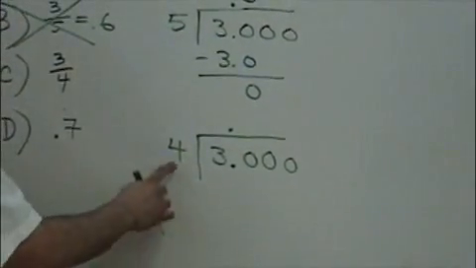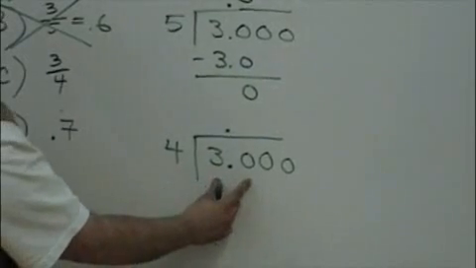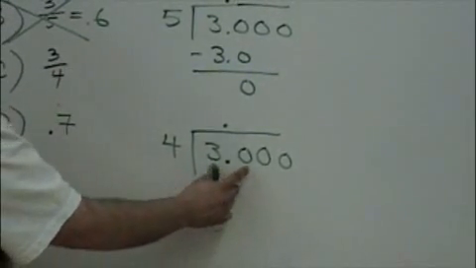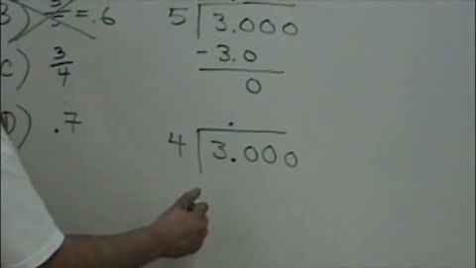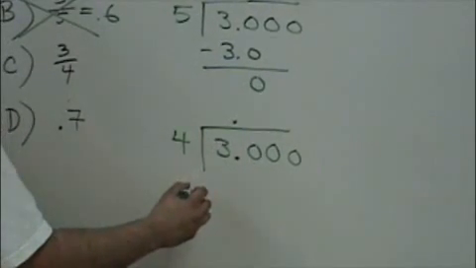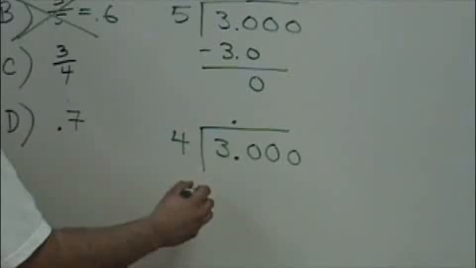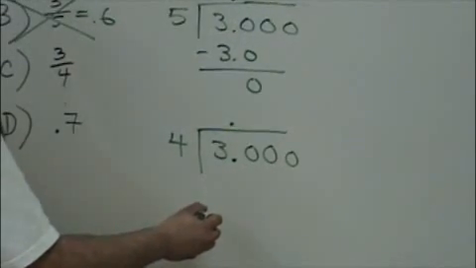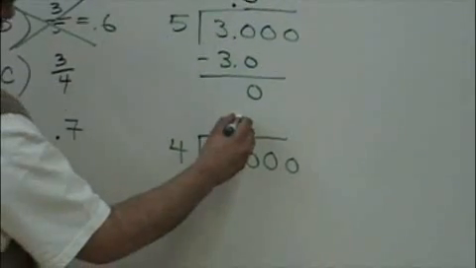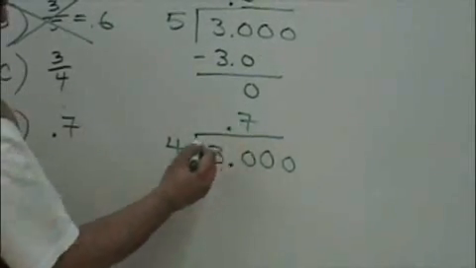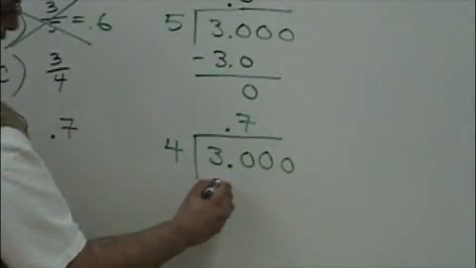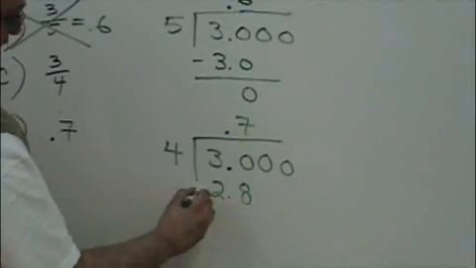And so now I know that 4 doesn't go into 3, but 4 does go into 30. How many times does 4 go into 30 without going over? Well, I know that 4 times 7 is 28. 4 times 8 is 32, so I know that 8 is a little bit too high, so I know that this goes in evenly 7 times without going over. So 4 times 0.7 is 2.8. So now when I subtract,